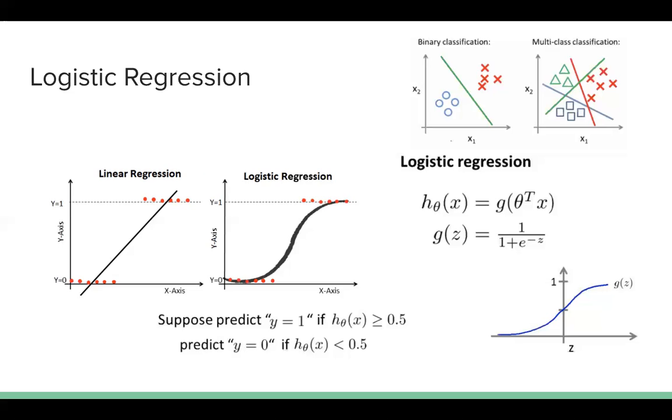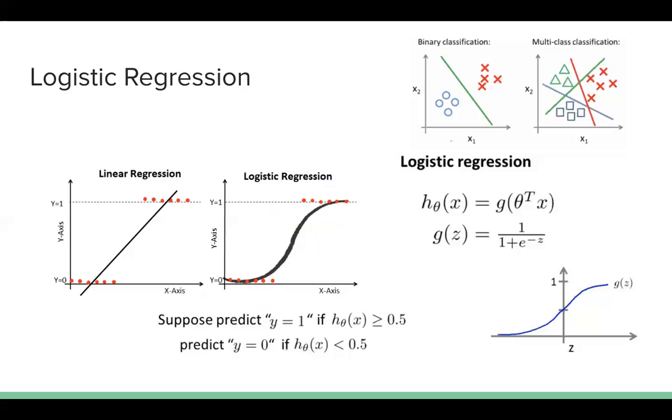Whereas in logistic regression, our task is not to fit a line through the data, but to fit a curve or a function or a hypothesis such that we can differentiate two different classes. Let's say in this particular case, these red dots belong to a class called 0, and these red dots belong to a class called 1. So my objective here is to draw a hypothesis such that I can differentiate this class and this class. That is my objective in logistic regression.